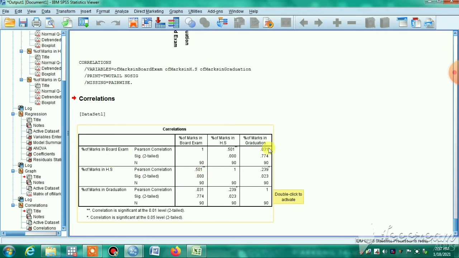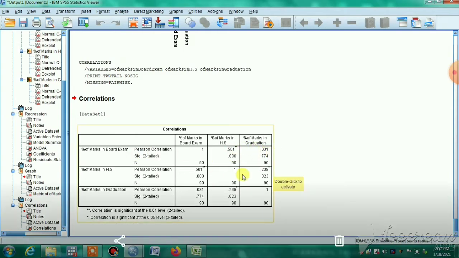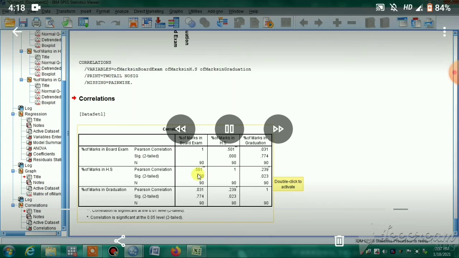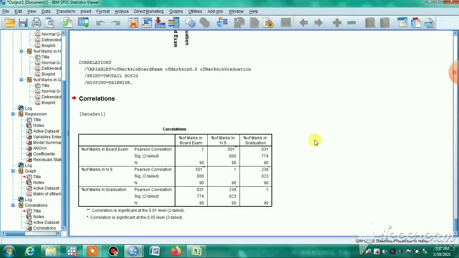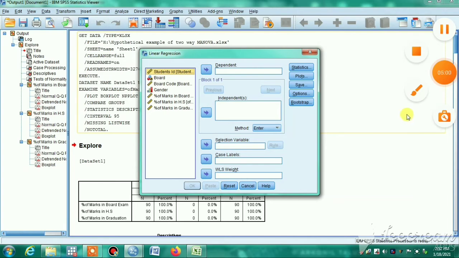So according to this fictitious data, the correlation between board exams and graduation marks is very low. So it slightly violates the assumption of multivariate linearity, though we can do nothing about it because this is totally imaginary data. But in practice, in the real world, whenever we collect real data, we should definitely get a correlation of more than 0.2.